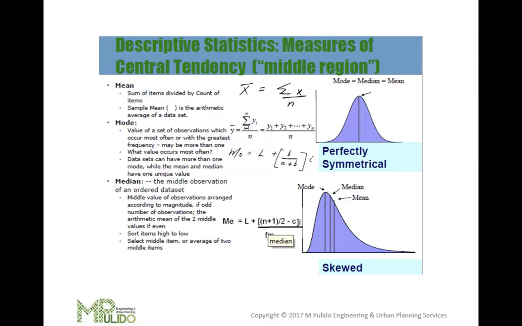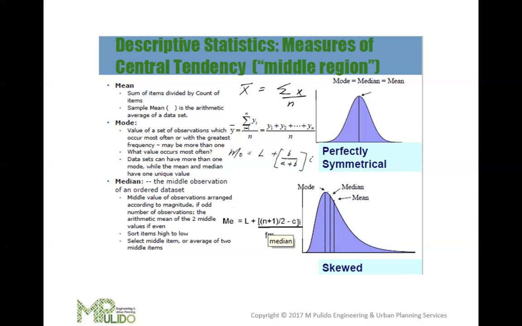Okay, so the median is the middle value of an ordered data set. If the number of observations is odd, the median is the middle number. If even, it is the average of the two middle numbers. So please remember that. If it's odd, the middle number. But in case it is even, so 6, for example, then get the middle and then get the average. So that's the median.